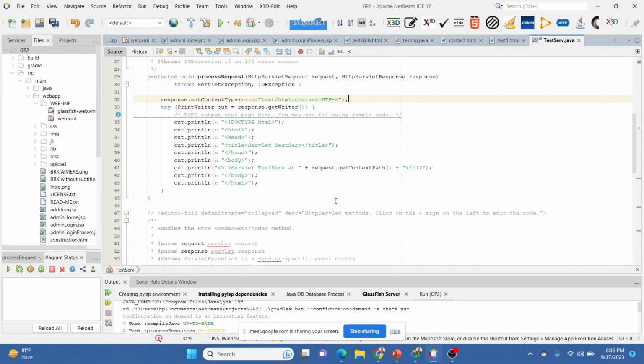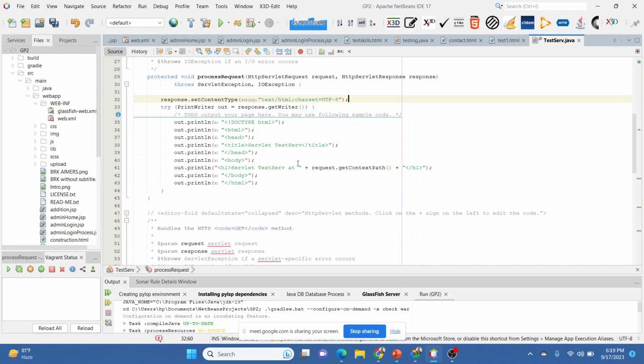Now in processRequest, first we make sure the content type is HTML, which we are going to write. In core Java we used to write System.out.println to give output on the console or DOS, right? But in a browser we have to give the output in HTTP or HTML format.